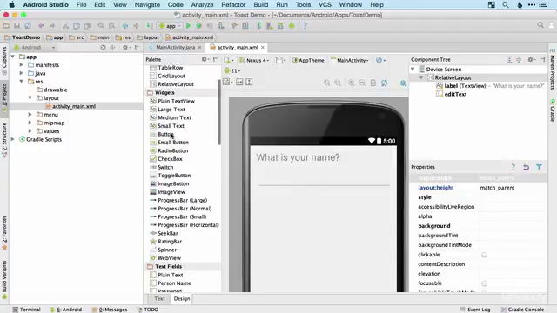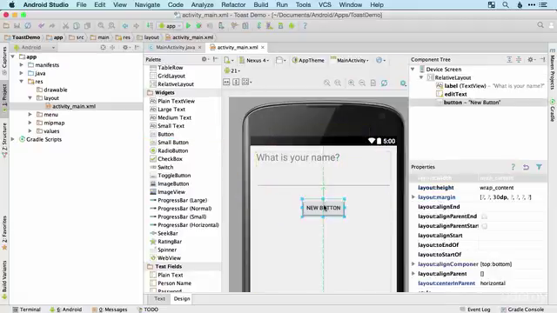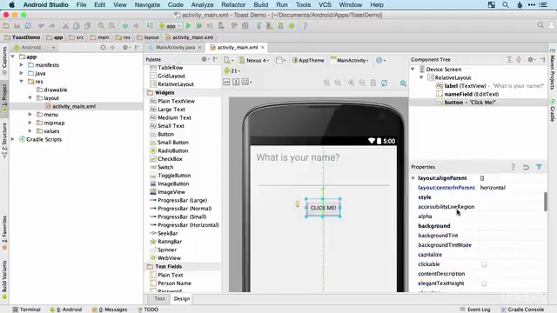And finally, we'll add in a button, which I'm going to change the text to click me. And then we just need to double click on that and check what the ID is. We could use edit text. I'm going to call it name field, just so it's slightly more specific. There we go. And then while we're here, we'll set the click me button